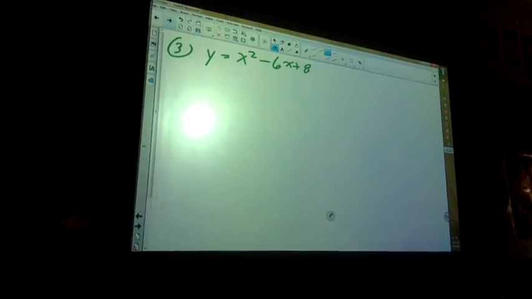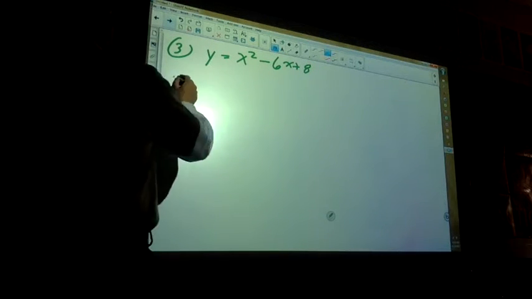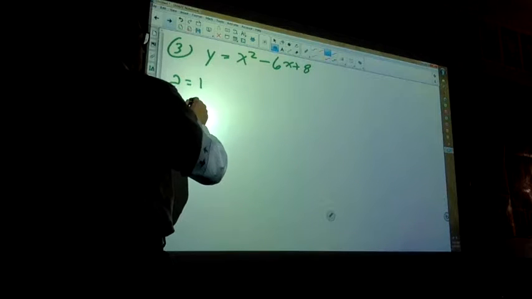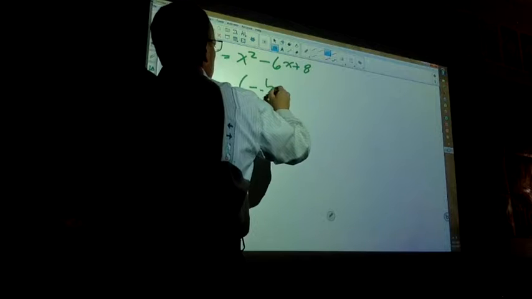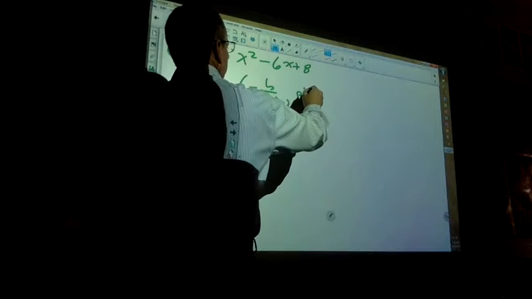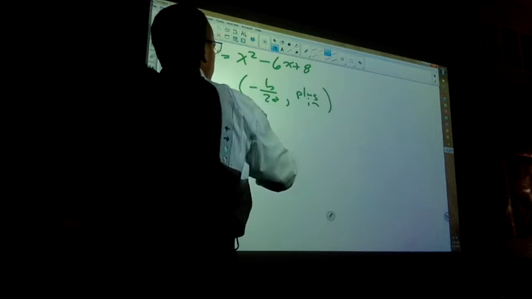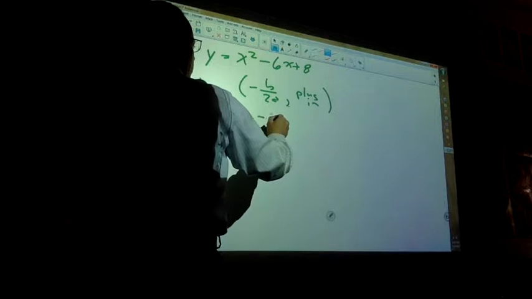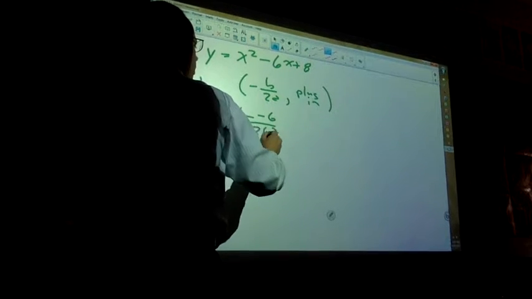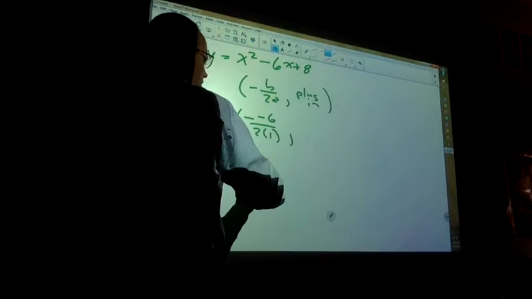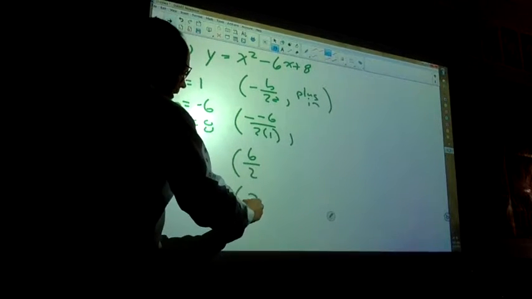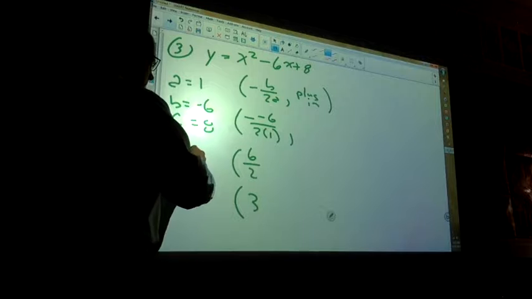So what do we have to do in order to figure out the vertex? Negative b over 2a. Label your a, your b, and your c value, and we're going to use negative b over 2a to plug in. So I'm going to get negative negative 6 over 2. Negative 6 is positive 6. 6 over 2 is 3. So my axis of symmetry